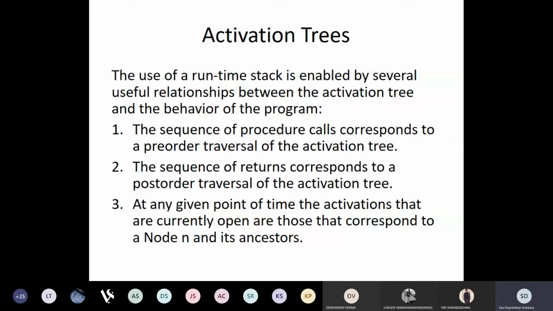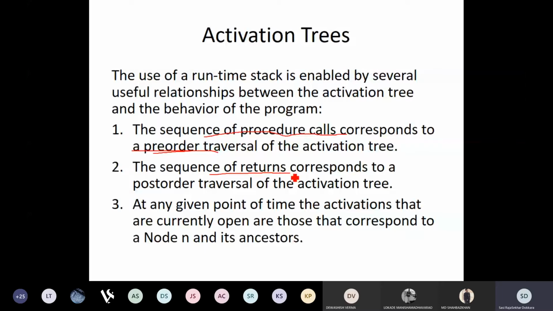Now, let us see how the activation tree is organized. The sequence of procedure calls corresponds to a pre-order traversal, from left to right, and that is the way in which the procedure calls exist in the activation tree. The sequence of returns is the reverse of the sequence of calls.